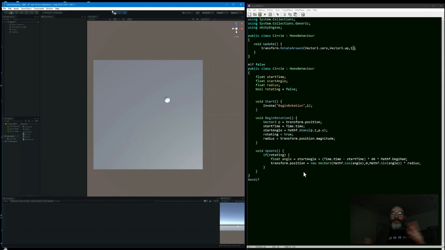So here I've done a rotate around, and I know what I should see, and immediately I see an issue because it's actually rotating the wrong way. I wanted it to rotate the other way, counterclockwise,